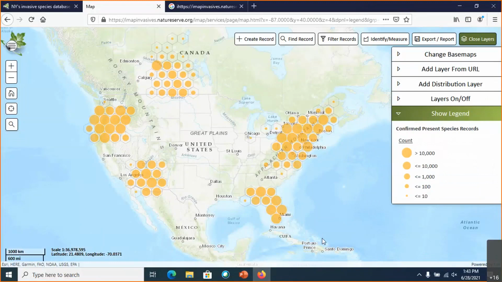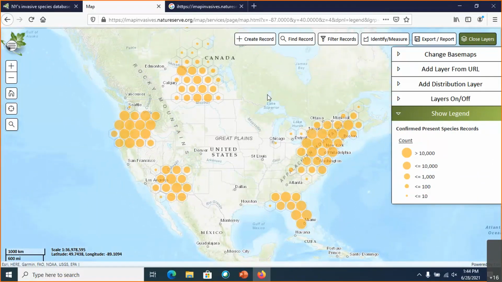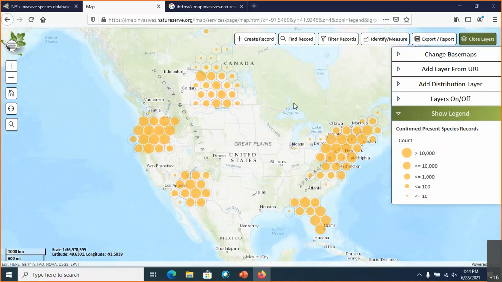So we're going to go over today how to do a presence record and a treatment record at the same time. But first, I just want to talk a little bit about the view here in the iMapInvasives